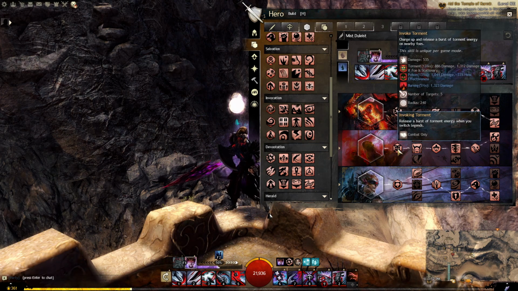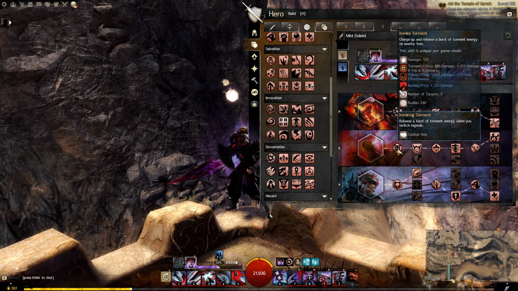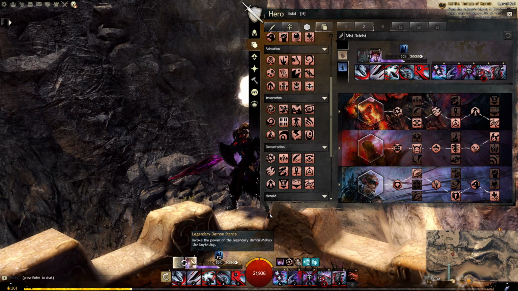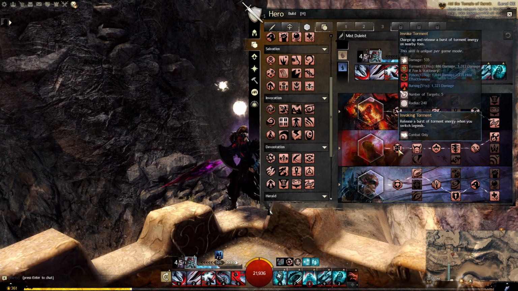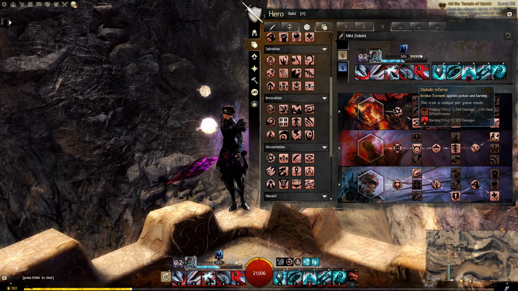Now, Invoke Torment is a minor trait. Release a burst of Torment energy when you swap legends in combat. So this isn't something you can get use out of when you're outside of combat. Like, you don't see any spell effects bursting around me. It's only when you're in combat will you gain that area blast, which now, in taking this Grandmaster, additionally applies